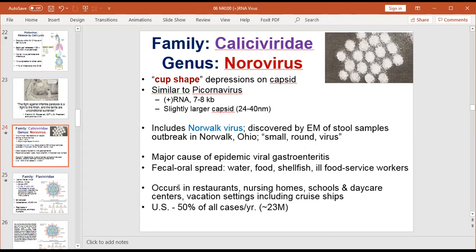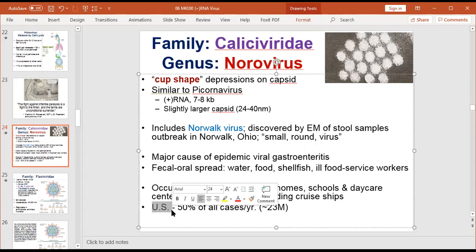It usually occurs in restaurants, nursing homes, schools, daycare centers, vacation settings, including cruise ships, and in United States, 50% of the epidemic viral gastroenteritis per year is due to Norwalk virus, so about 23 million people are